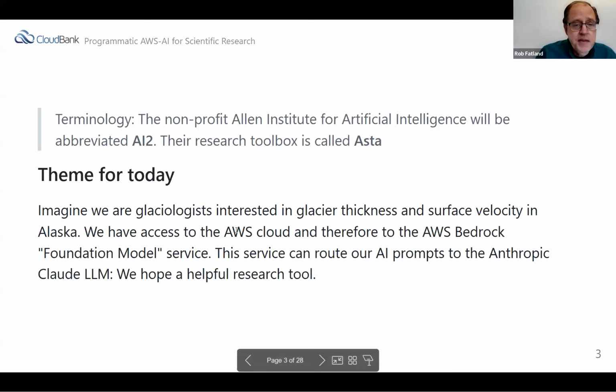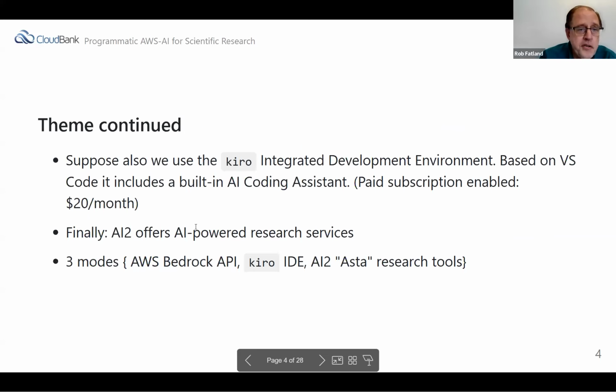And we have access to the AWS cloud, and therefore to the AWS Bedrock Foundation Model Service. This service can route our AI prompts to the Anthropic Claude large language model. So we hope this is going to be a helpful research tool. To continue, also suppose that we use the Kiro integrated development environment that I mentioned, which is based on Visual Studio Code, and it includes a built-in AI coding assistant.